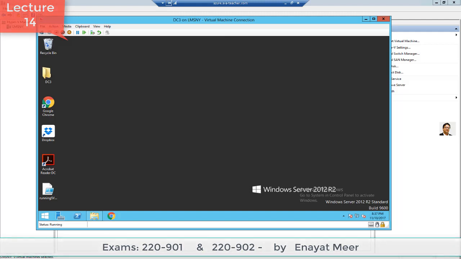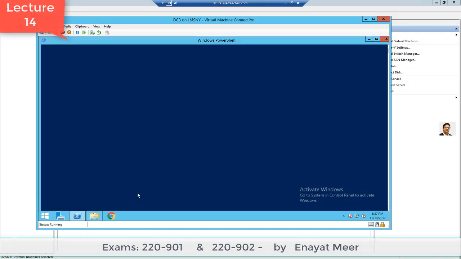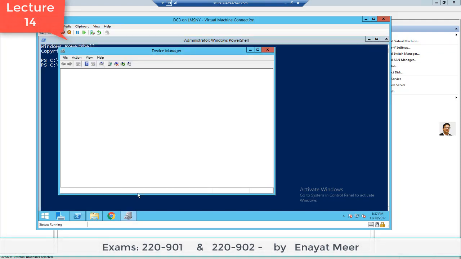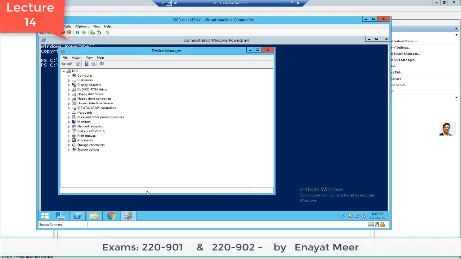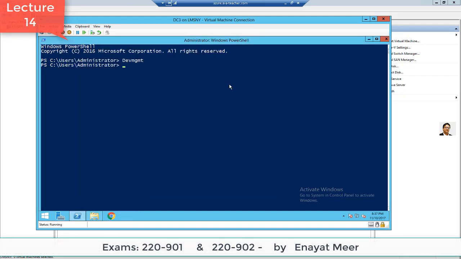This is my virtual environment. So I remoted into another server where I have my Hyper-V virtual environment. So let's go to Device Manager. You can go through PowerShell. All you got to do is type D as in David, E, V, M, G, M, T. So devmgmt takes you to Device Manager,